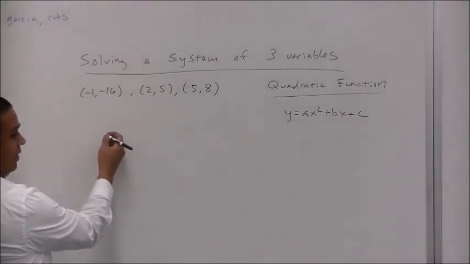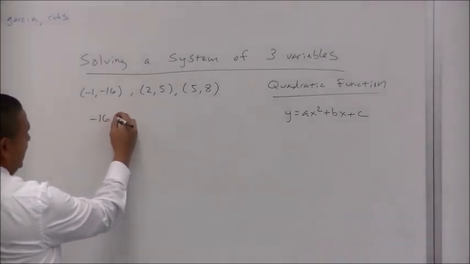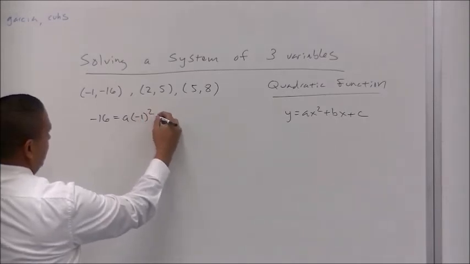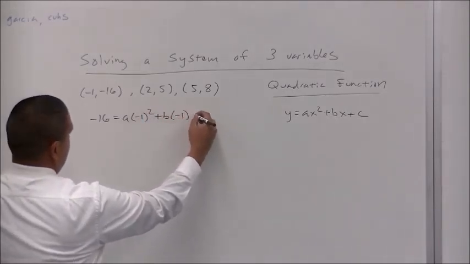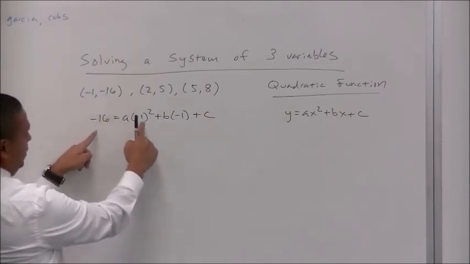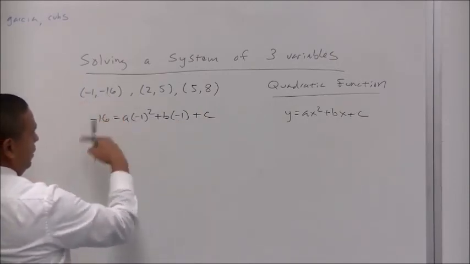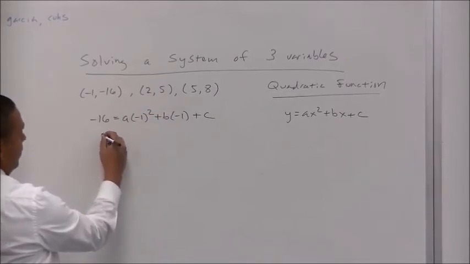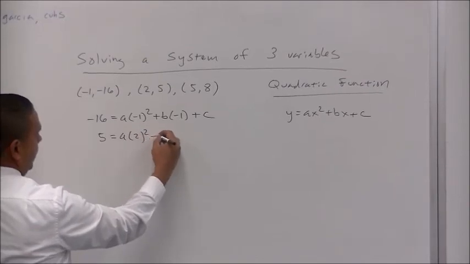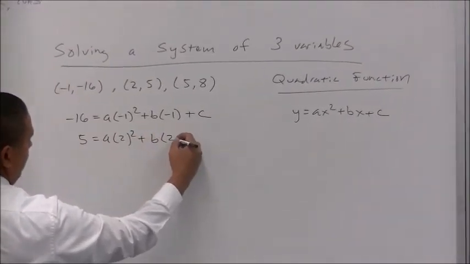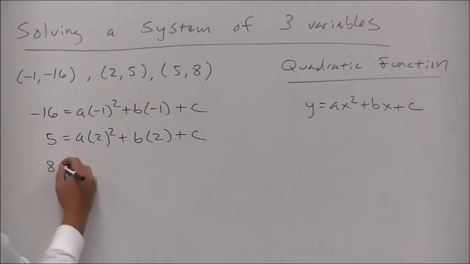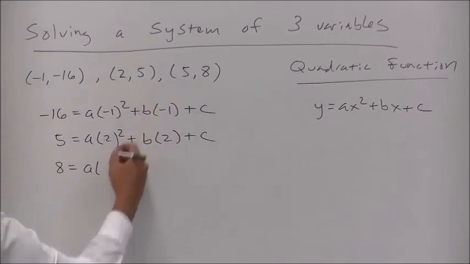What goes in there? Negative 16 equals a times negative 1 squared, good, plus b times negative 1, plus c. Excellent. So there's our first point. Plug them in for x and y. Now you do it again for the next point. 5 equals a times 2 squared plus b times 2 plus c. Good. And the third point. 5 equals